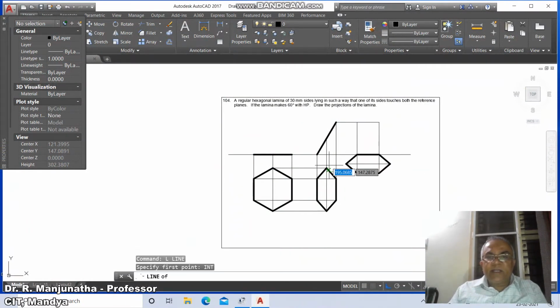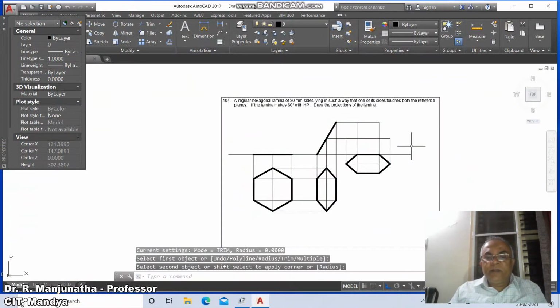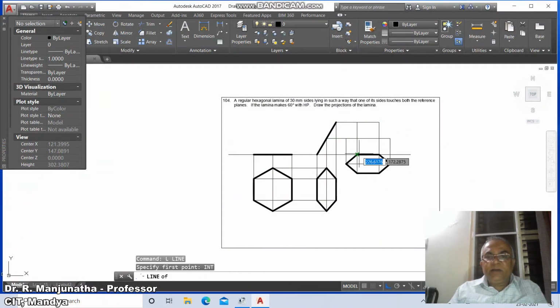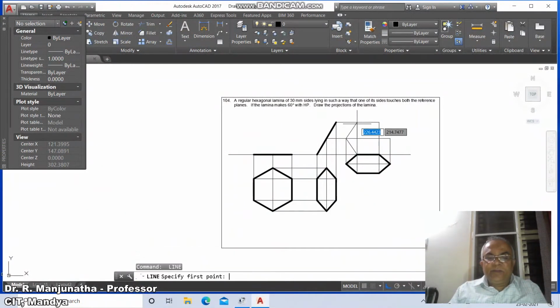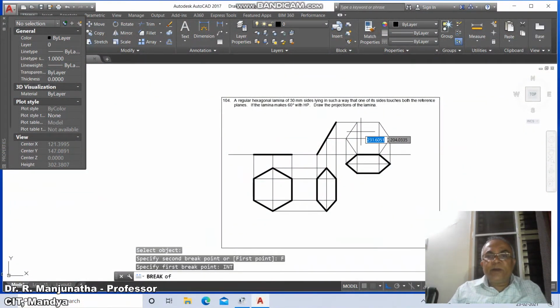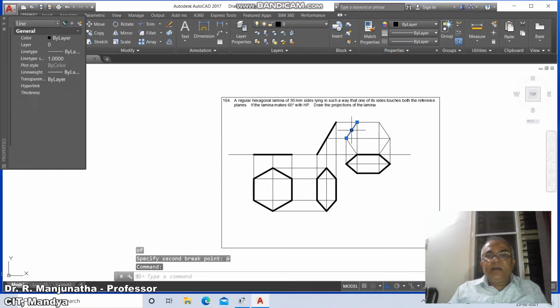Similarly, line, take intersection of this and draw a horizontal line, take intersection of this and perpendicular to this, and go to line, take intersection point of this to perpendicular to this, and go to fillet between these two lines. Similarly, line, intersection of this, intersection of this and intersection of this. Similarly, line, intersection of this and intersection of this and intersection of this. Then go to break this line, first point, you take intersection of this, and now you select these